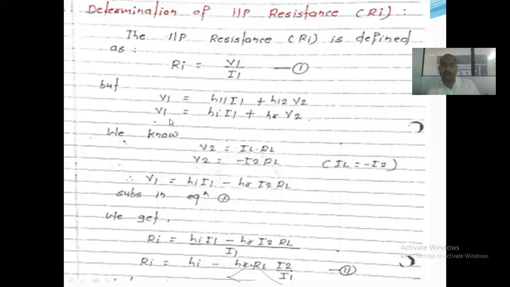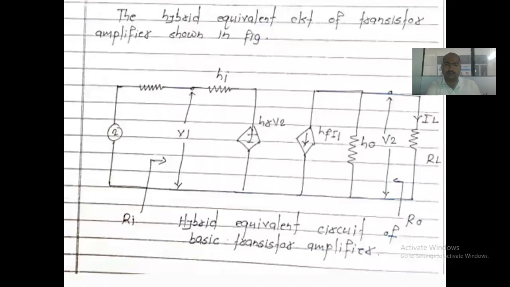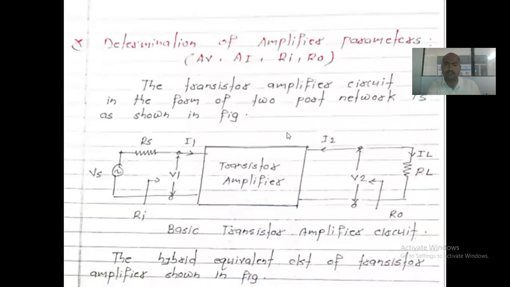We have calculated the value of V1, but one of the important things is that with respect to V2, we have already seen V2 equal to IL into RL, right? Load current into load resistance, right? This is the value, but IL is equal to minus I2. How is it? I'm telling you. See, in this case, IL is the current coming towards the RL, that's why IL is positive and I2 is negative. So here IL equal to minus of I2, because that should be traveling outward.